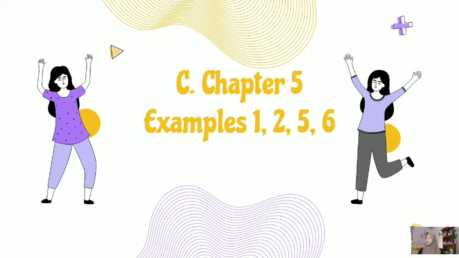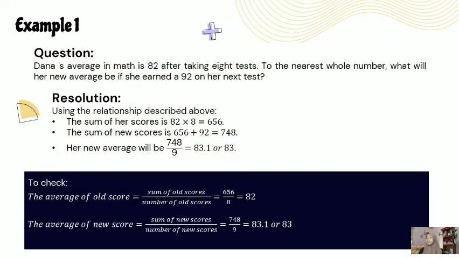And the next material is chapter 5, examples 1, 2, 5, and 6. For example 1, the question: the average in math is 82 after taking 8 tests. To the nearest whole number, what will her new average be if she earned 92 on her next test? And the resolution,